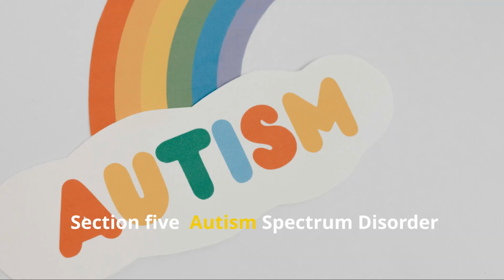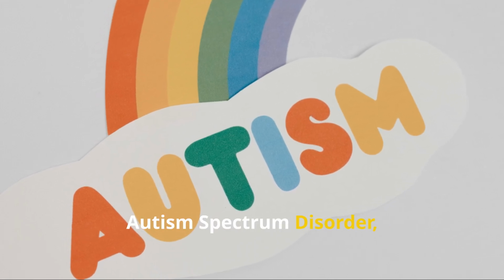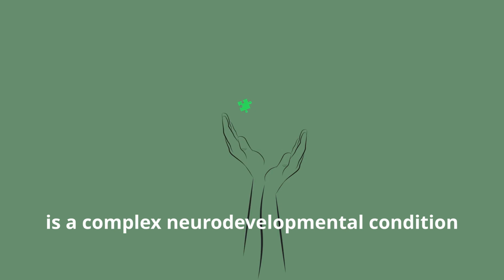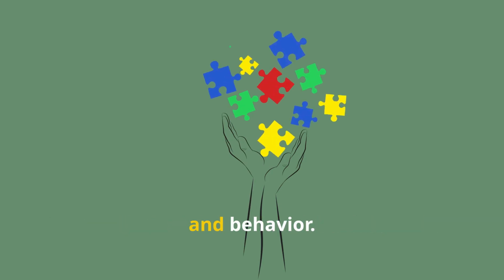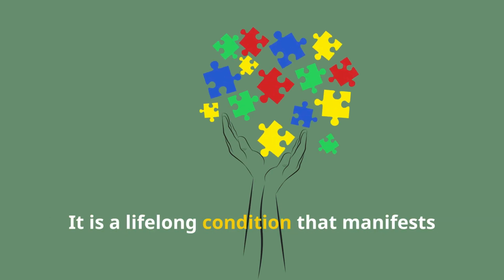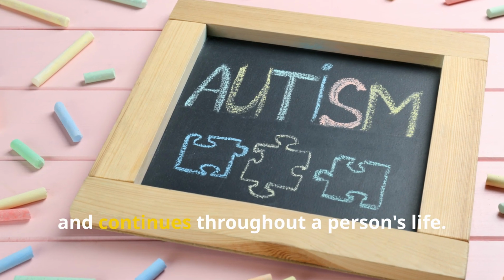Autism Spectrum Disorder, a different way of thinking. Autism Spectrum Disorder, or ASD, is a complex neurodevelopmental condition that affects communication, social interaction, and behavior. It is a lifelong condition that manifests in early childhood, often before the age of 3, and continues throughout a